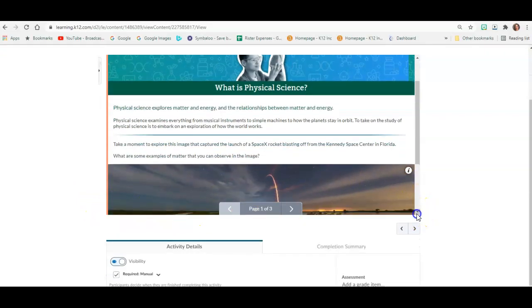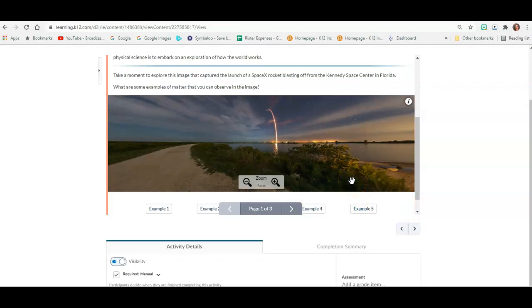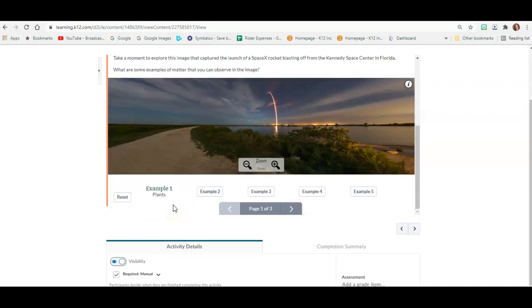So scrolling down, take a moment to explore this image that captured the launch of a SpaceX rocket blasting off from Kennedy Space Center in Florida. What are some examples of matter that you can observe in the image? If you remember, matter is something that has mass and takes up space. If you can think about some of those examples, I will click on them here as well, and we can see those. So we've got plants,